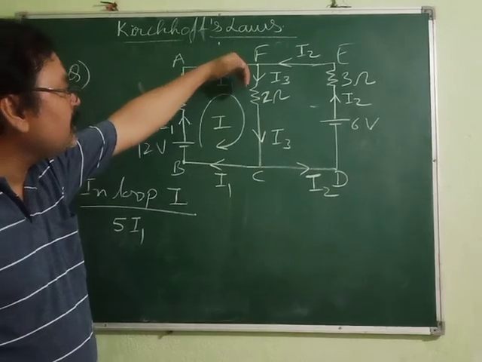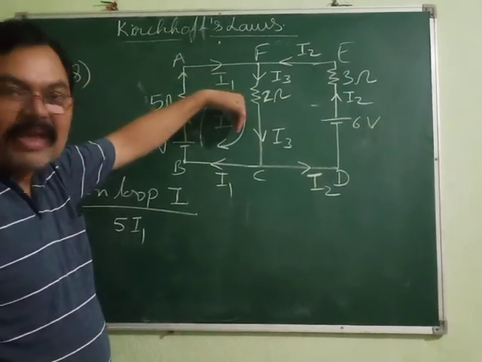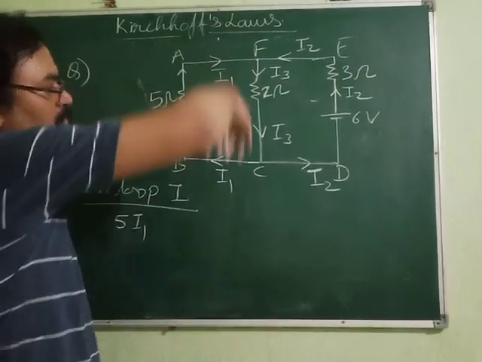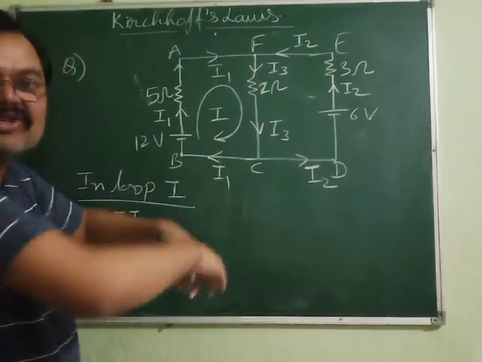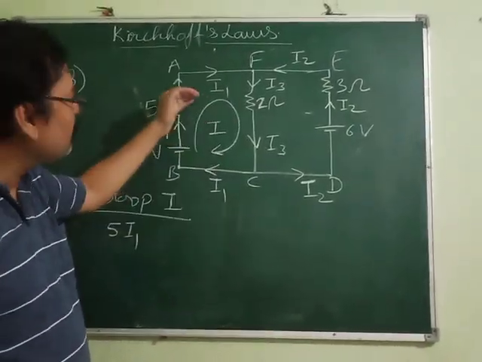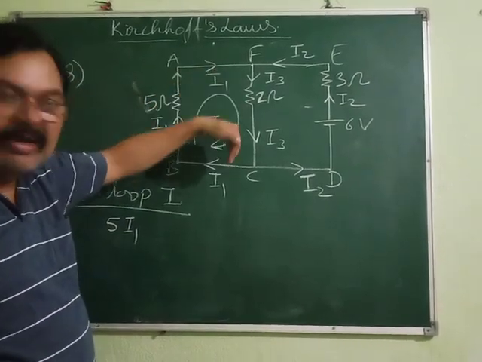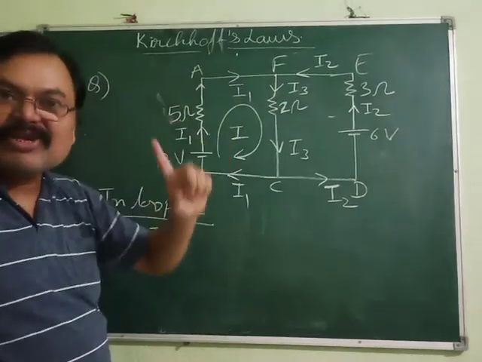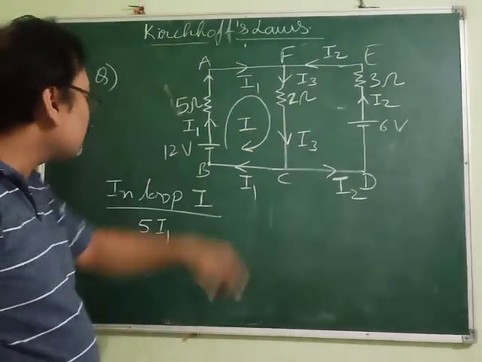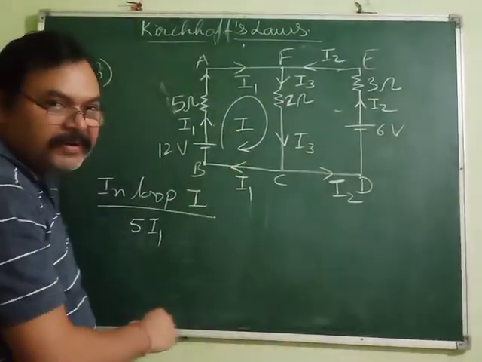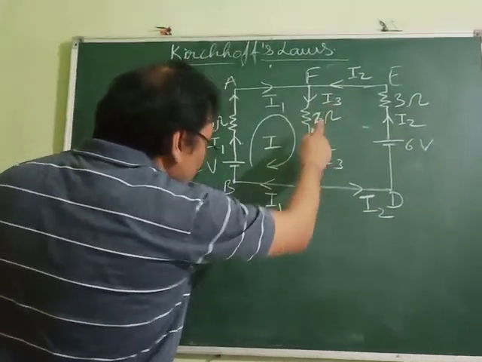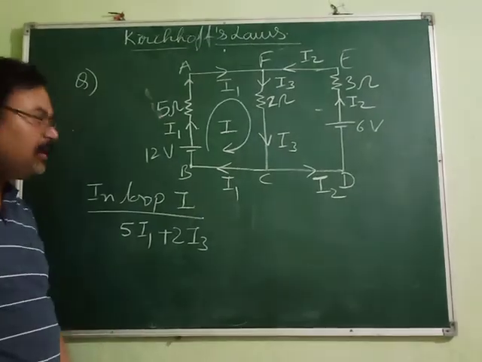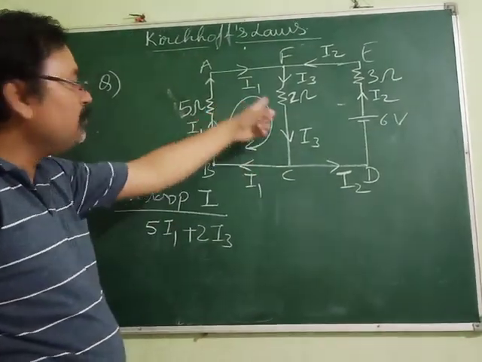Now just move ahead. Where do you find the resistor? Here. When you come down like this, you are bending and coming down. The current I3 is also coming down, so both are again in the same direction. You are taking a U-turn and coming down, and the current is also coming down through this resistor, so both are along the same direction. So the potential difference across this will be positive, and it will be I3 into 2. So we can write 2I3. Is there any more resistor in this loop?